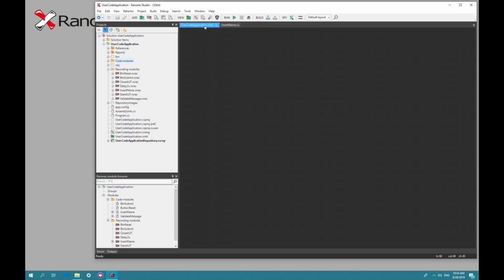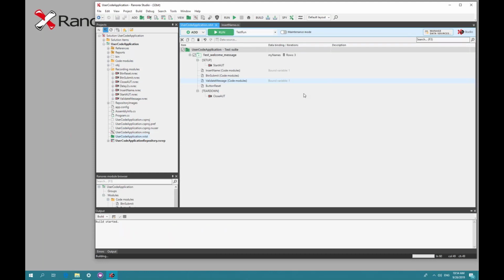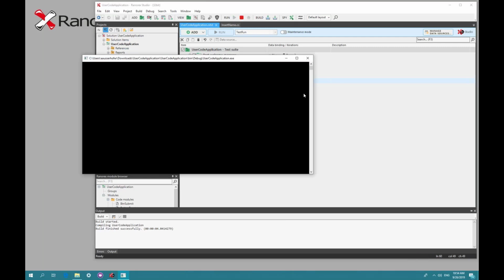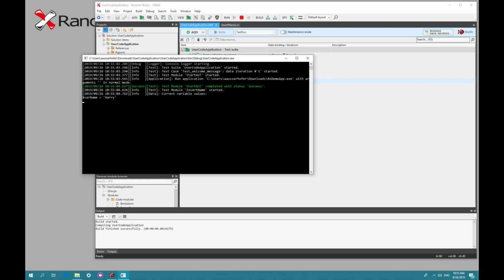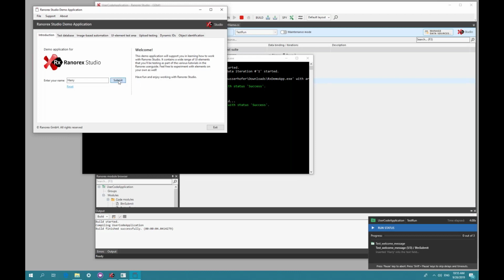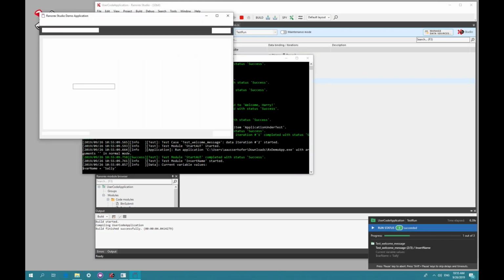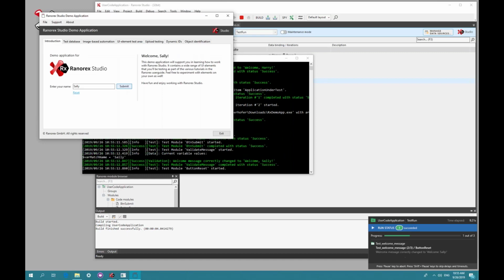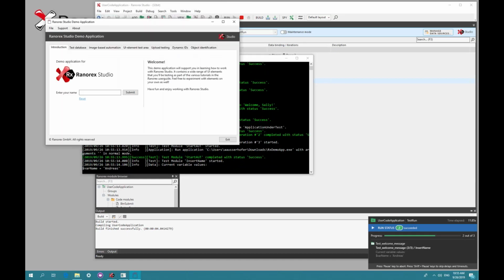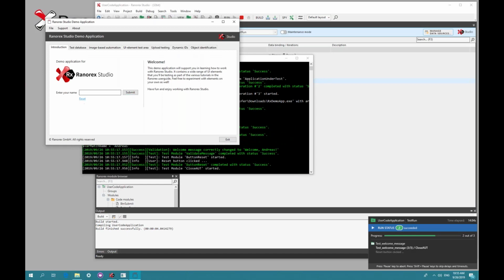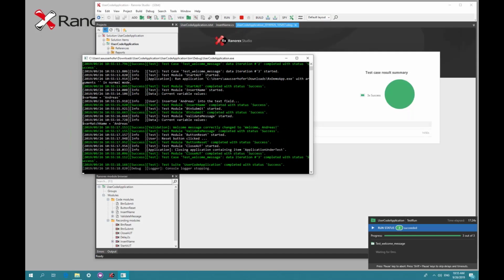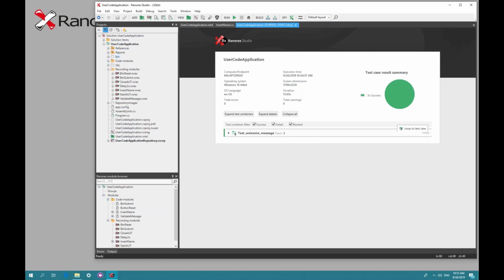It should work now. So let me again run the test and see if we have done it correctly. So again, we are waiting. Yes, we're waiting now for the demo application to start up and perform the data-driven test. Harry was inserted, submitted, and validated. Sally submitted, validated, reset it, and finally Andreas, hopefully, yes, submitted, validated, and it worked. So what you could see now is that the report points out 3 successful test cases, and we just